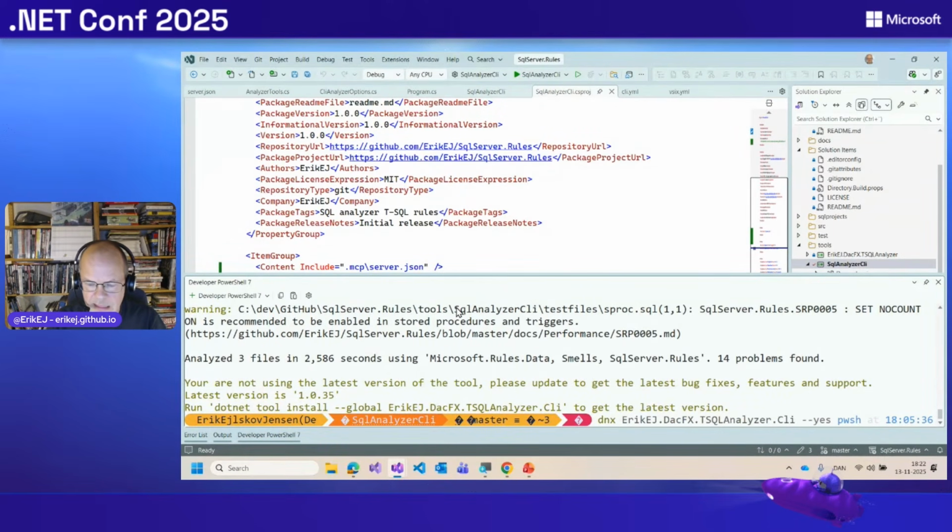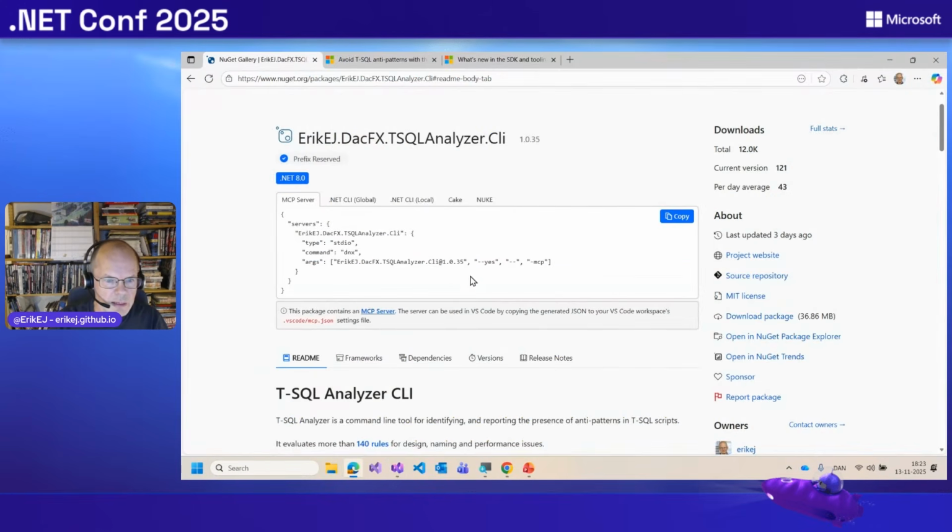So basically I can run this command with any tool that's published on NuGet.org, and I can also add, as you saw on the website, a specific version.